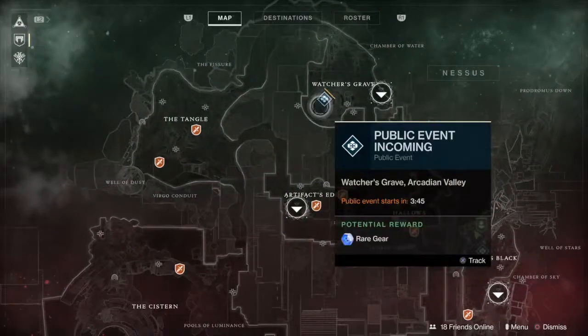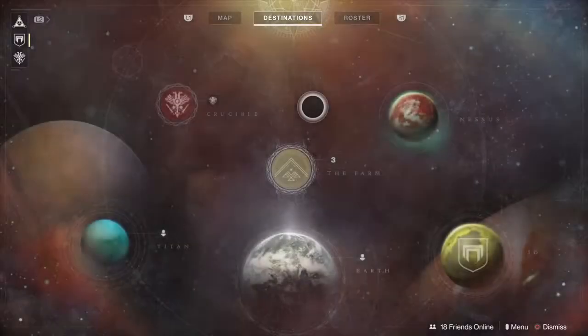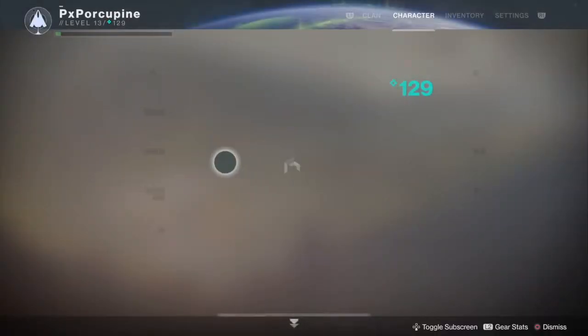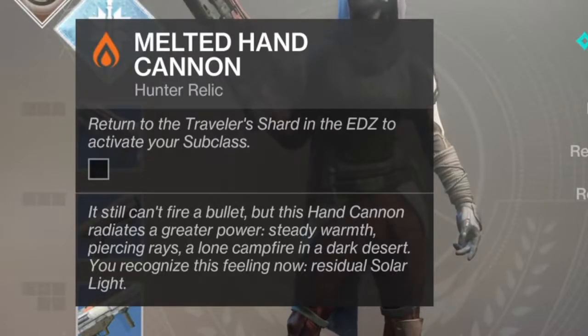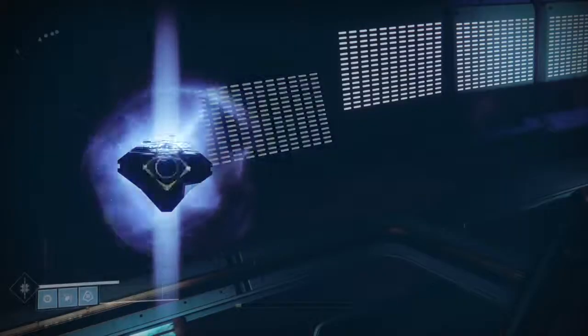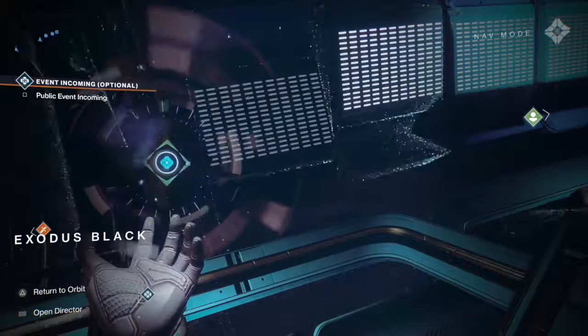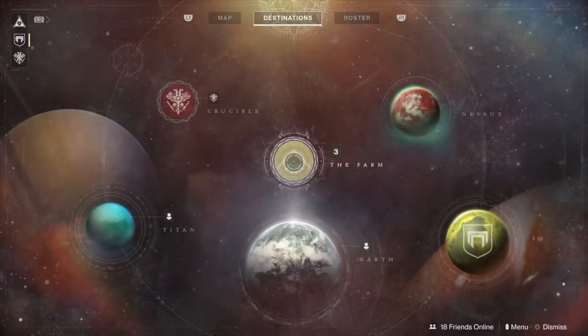So, last time, I know it's not last time, but in one of the videos in the past I did say that I managed to get the Gunslinger relic, which is the melted hand cannon, and it does say to return to the Traveler's Shard in the EDZ to activate your subclass. So that means there is now a new mission in my... I can't get used to this user interface. One second. Now I need to get back to Earth's...